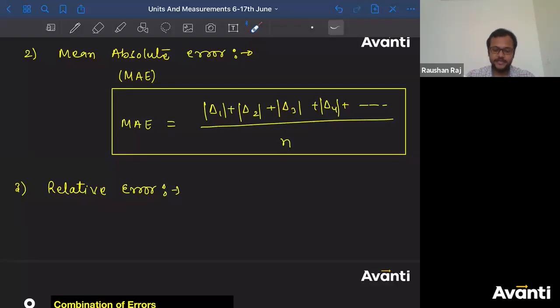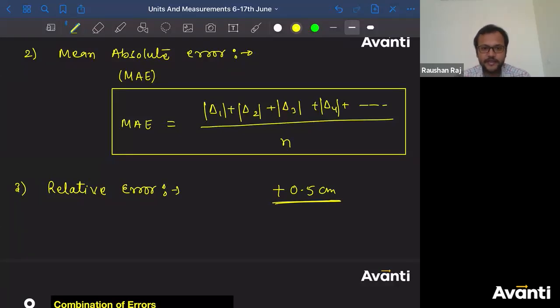देखो, if I give you कि I was measuring a wire, and the error in that wire is plus 0.5 centimeter. ठीक है? The error in that wire is plus 0.5 centimeter. Tell me whether this error is छोटा या बड़ा. कैसे decide करो? Can I say this plus 0.5 centimeter only suggests that the difference between the measured value and the true value is 0.5? This is what you can relate only, right?